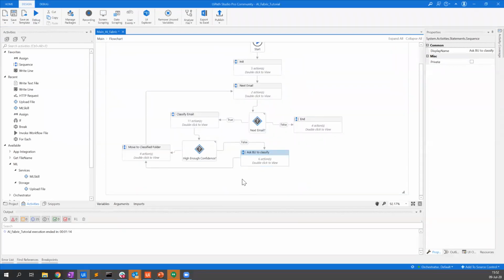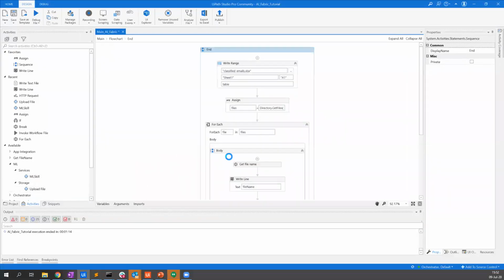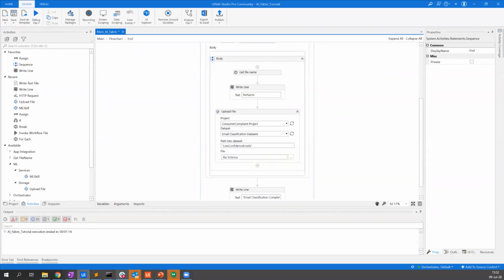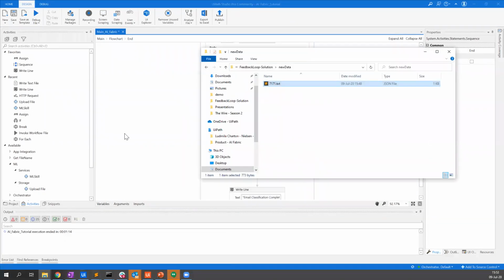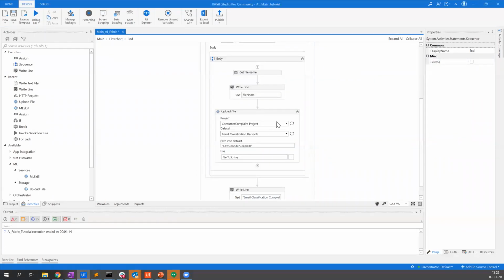In order to send it to AI Fabric, I told you we had two activities in this package. The second one is Upload File. This is what we do at the end: we go through all the new data that we first store locally in this folder, and we send it to AI Fabric. Again, we connect to AI Fabric thanks to the robot, so we can fetch the project. I will tell you more about project and dataset just after. And we decide where we want to send the file. Because we send this back to AI Fabric, our data scientists will be able to work with it and train the model basically. So it's really two activities, very easy to understand for an RPA developer. Then we'll go to the AI Fabric side and try to understand what happened on the other side of the automation.